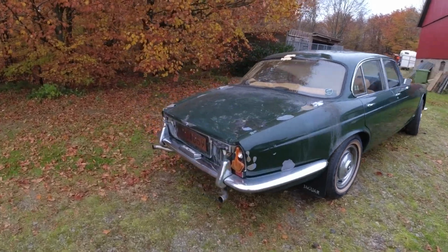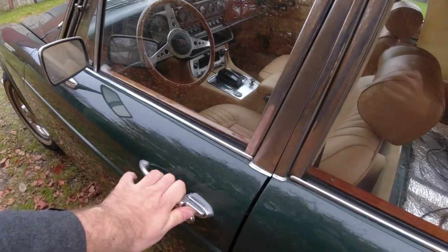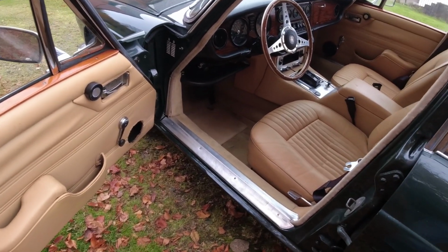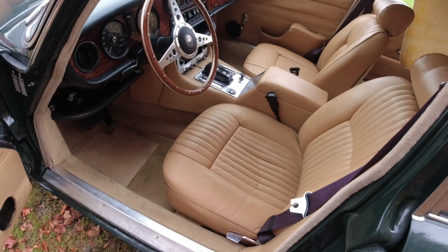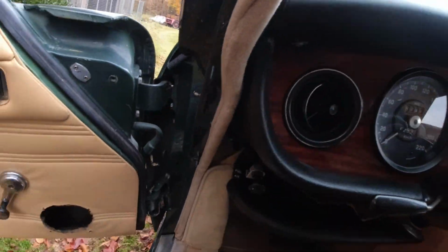But the good thing is the car will live on in parts. So the interior is absolutely gorgeous. This owner has restored the interior, and it is just beautiful. He did it all himself, recoloring it and spraying in all the color and fixing the leather, and so it looks absolutely gorgeous. And the funny thing is, he told me that once he got out to the car and had a look at it after the fire,